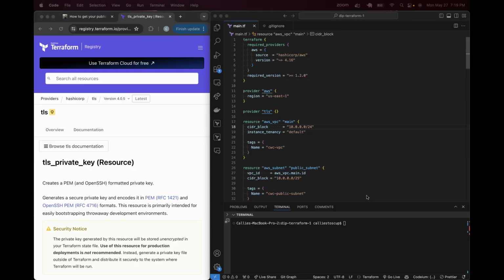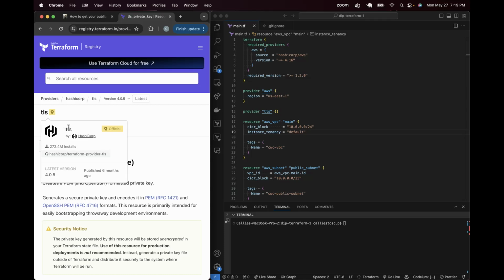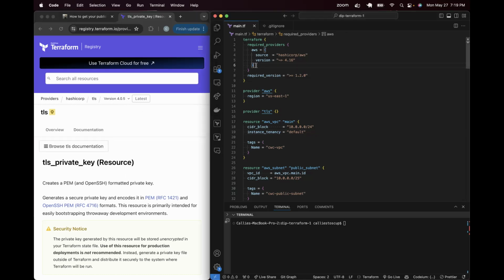All right. So we've added a few different providers, but we haven't fully fleshed out the required providers section and made sure all of them have provider blocks too. So if we're trying to do this right, let's go ahead and go back and do that. The first one we have is TLS. I looked up the Terraform registry for TLS, and you can see the version is here. So we can go ahead and add